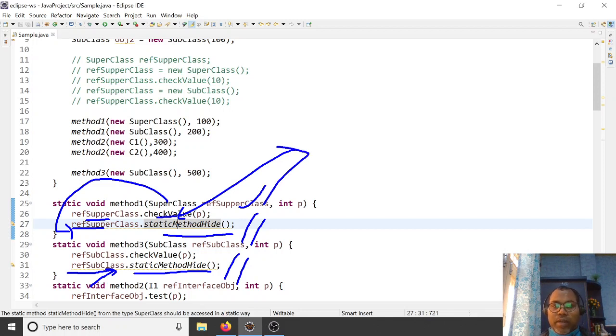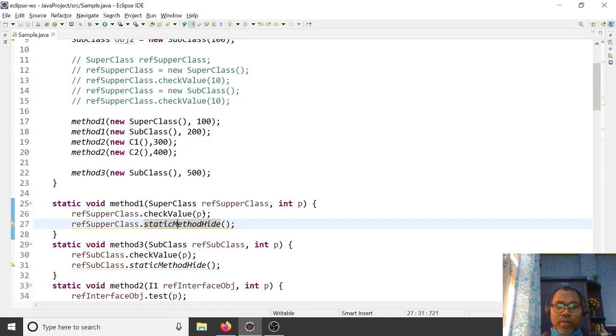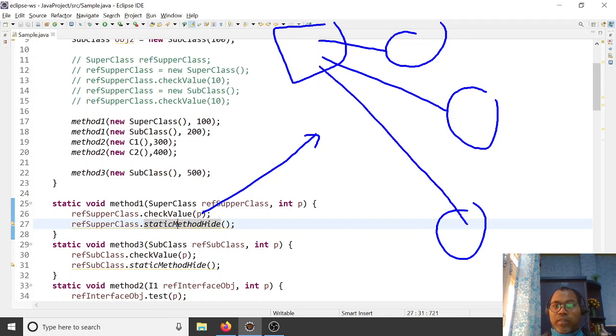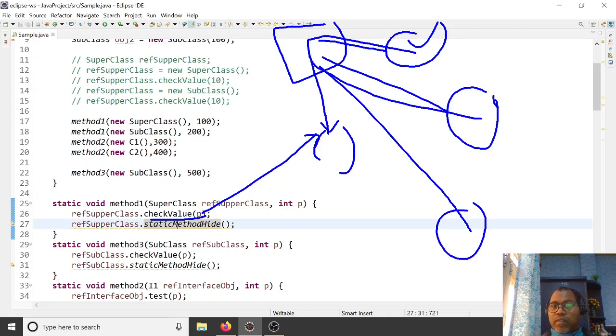So this is the method. Here is your method heading, here method overloading. Here is your method overriding, where the check value depends upon which object you are passing, object 1, object 2. This is the superclass. A superclass can have multiple implementations, so this check method depends upon what you are assigning, and that method is invoked. If you assign a different implementation, a different method will be invoked.